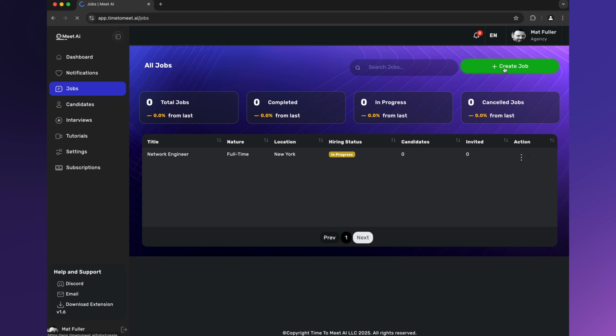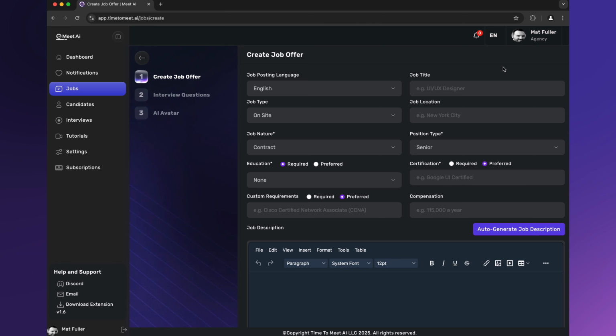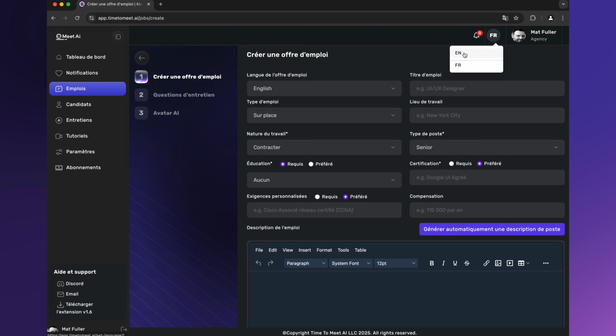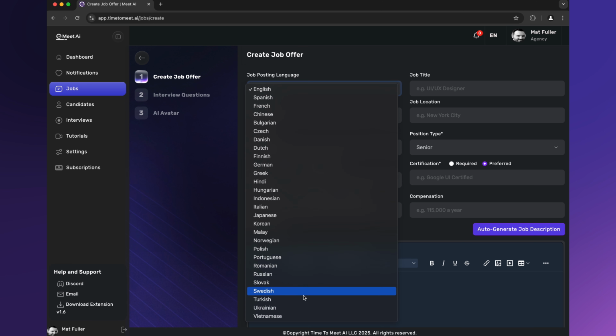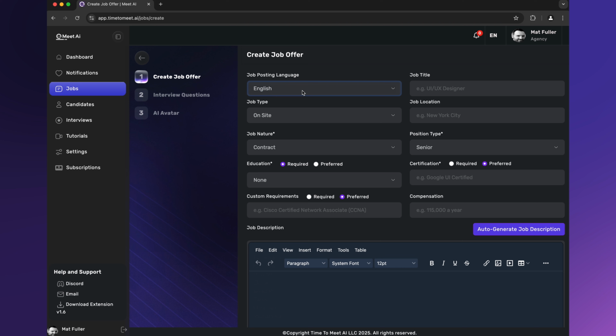Before you proceed, it's important to understand how Meet AI handles language settings. There are two separate options. The first is the website language, which controls the language you see when browsing our site. You can change this anytime from the header at the top of any page, but it won't affect job postings. The second setting is the job language, which is the first option you'll see when creating a job. This determines both the language of your job posting and the language your AI avatar will use during interviews. Keep in mind that changing one language setting won't affect the other, so be sure to select the right one